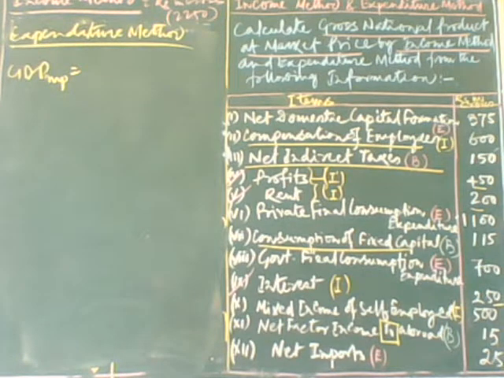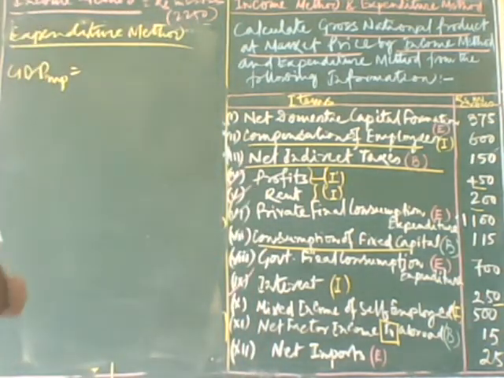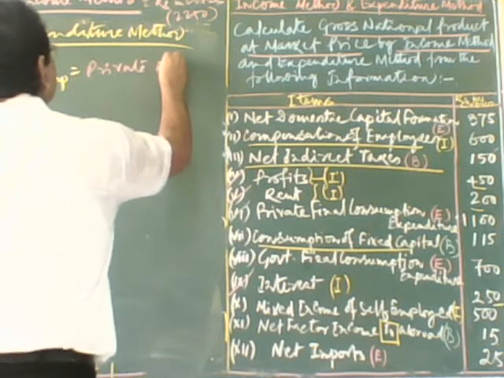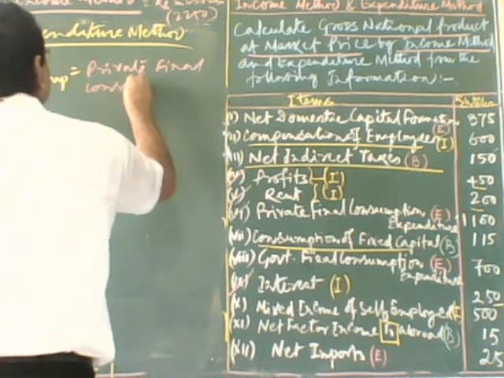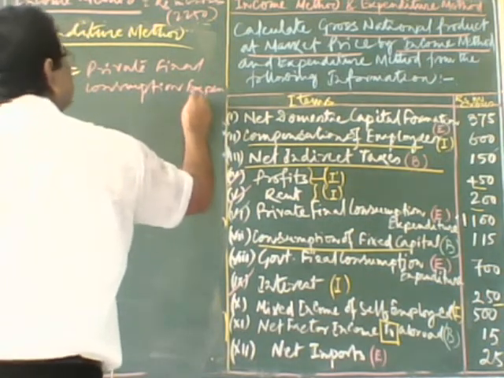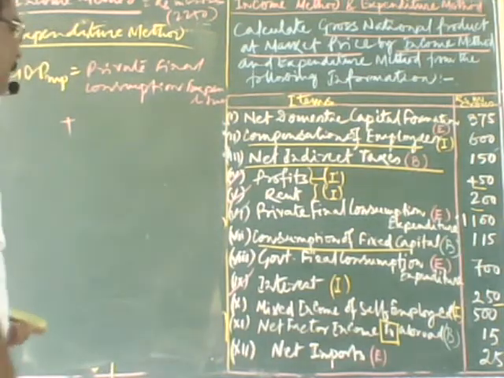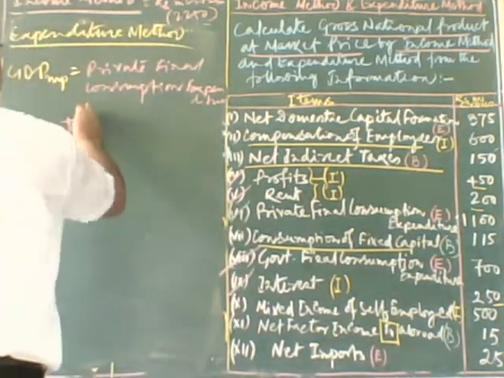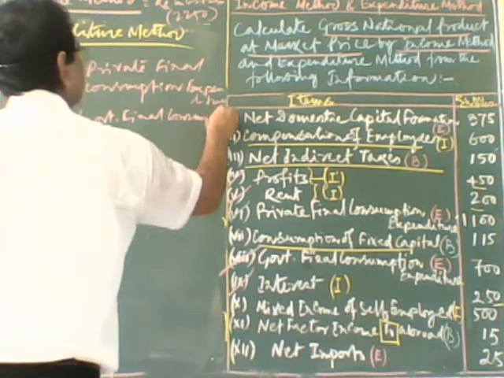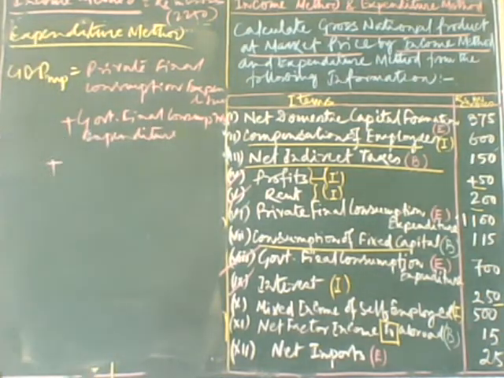Already the components are given: private final consumption expenditure is given, plus government final consumption expenditure is given, plus